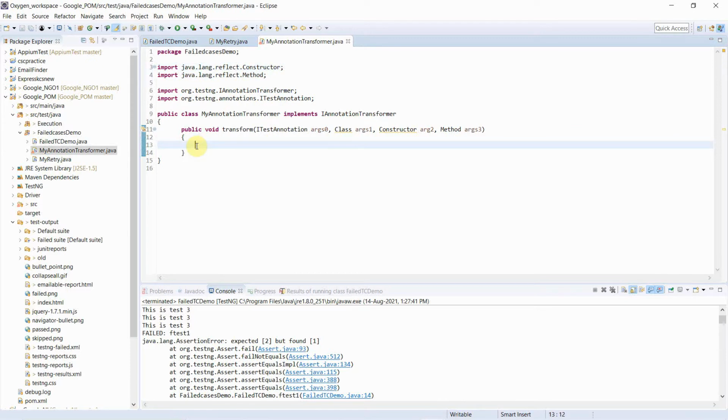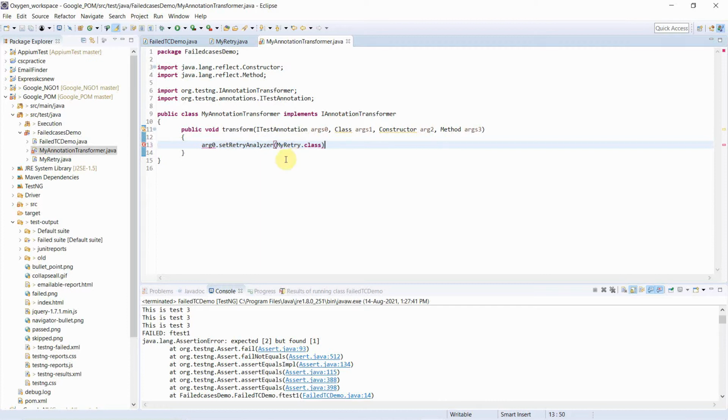So this you only have to create once in your framework, and here you have to write arg 0 dot setRetryAnalyzer, and here you have to say MyRetry dot class, meaning you write this class name, MyRetry dot class.